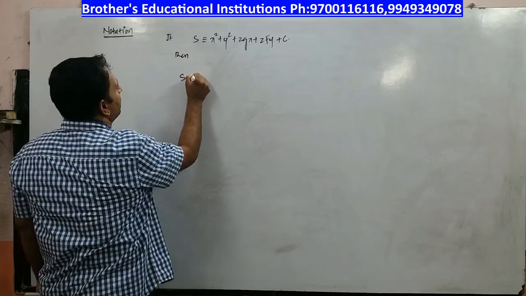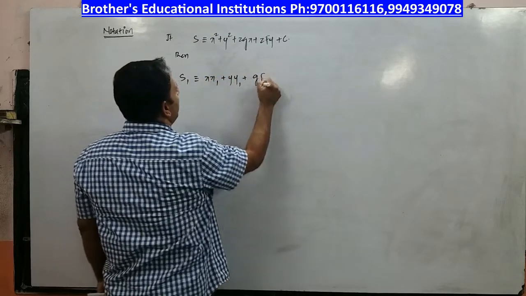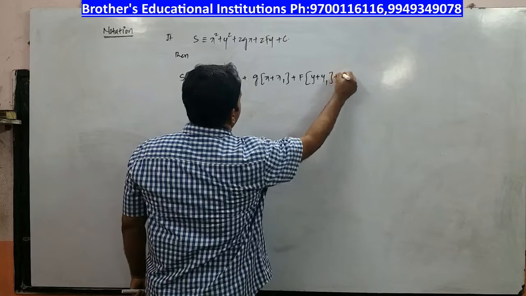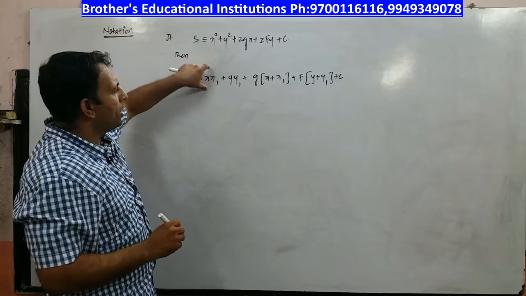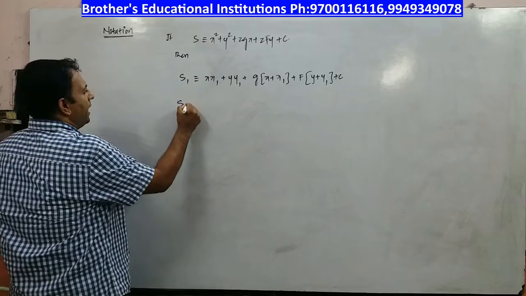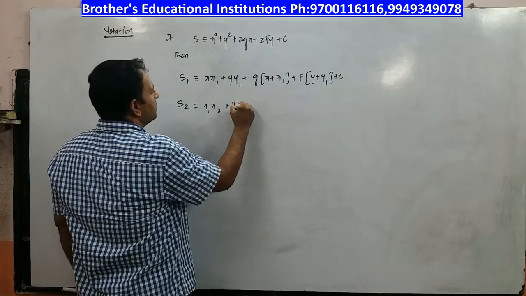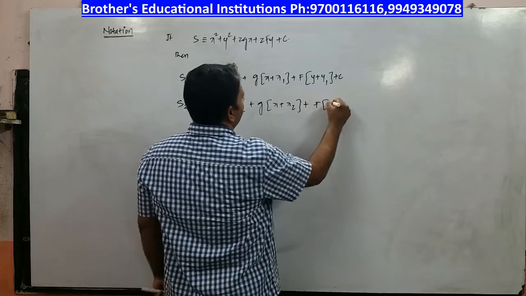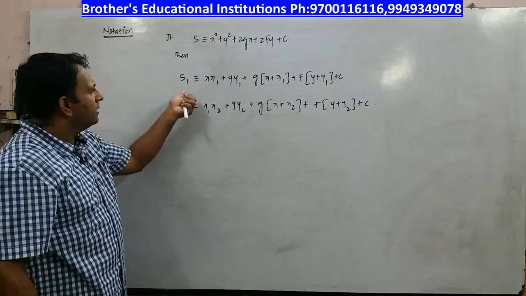then S1 will be x1² + y1² + g(x + x1) + f(y + y1) + c. What is this, sir? For S1, whenever the degree is 2, it should be split into product format. If the degree is 1, it should be split into sum format. That you remember. What will be S2? It will be x2² + y2² + g(x + x2) + f(y + y2) + c. Right? When I write the suffix here, this part you will write.